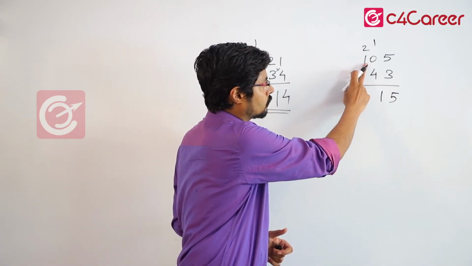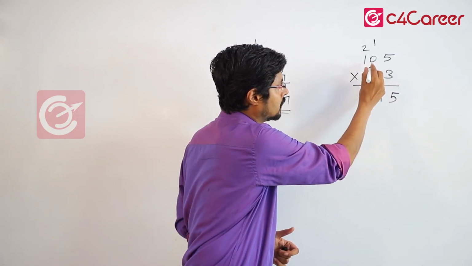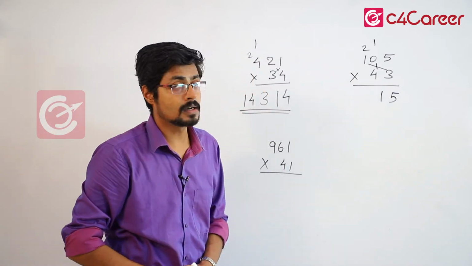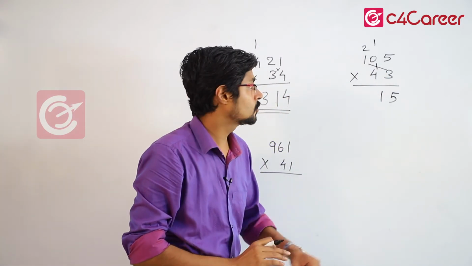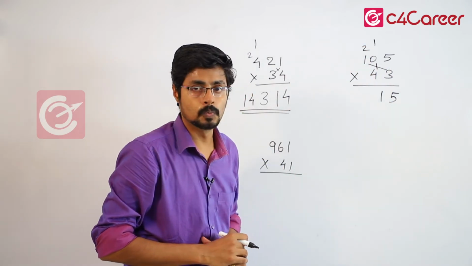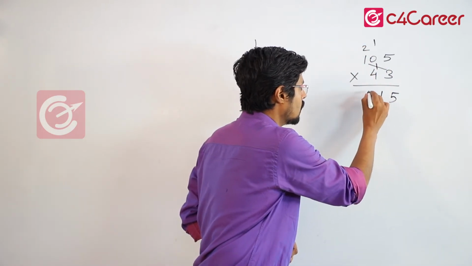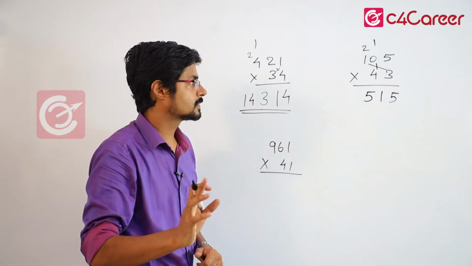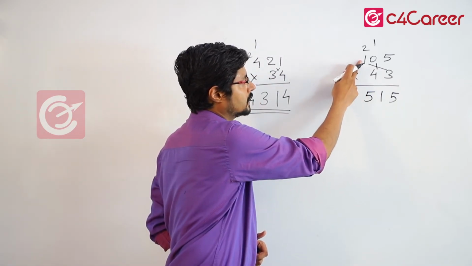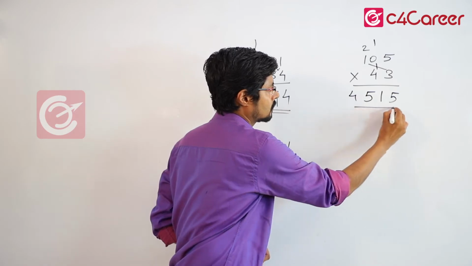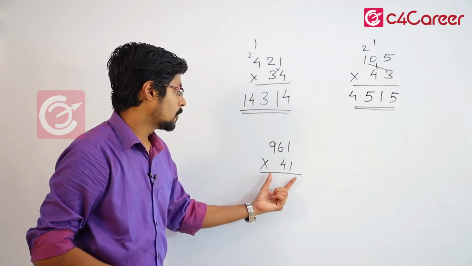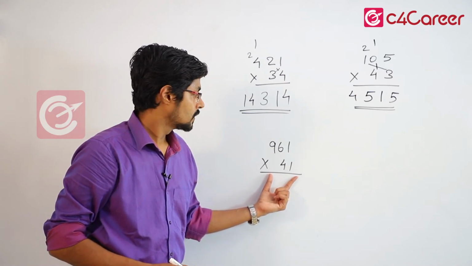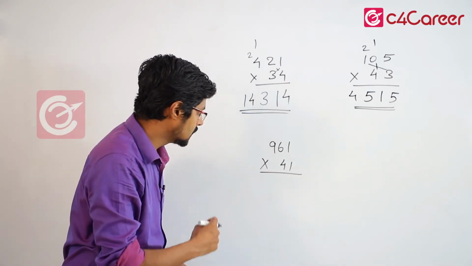Third step, don't forget this multiplication and this multiplication, that is extreme digits and the middle digits. 3 into 1 is 3, 4 into 0 is 0. So it is only 3 plus this carry of 2. 3 plus 2 is equal to 5. And the last step, multiply the leftmost digit. 1 into 4 is 4. So our answer is 4515. Can you try out this question now yourself? Try out this one. Let's see the answer.